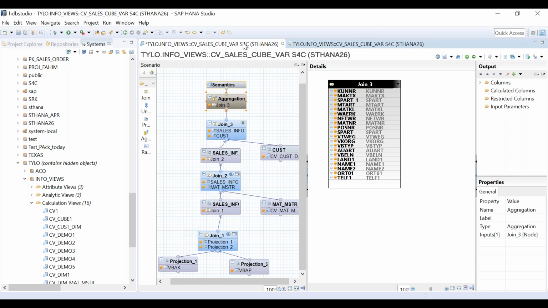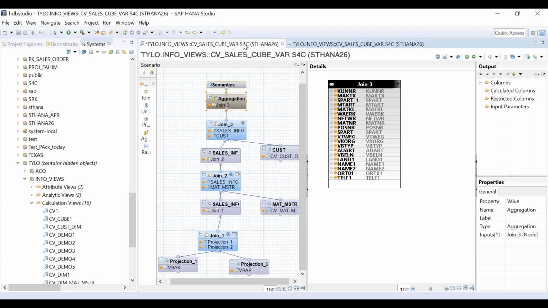The answer is right, that you have given input parameter as an answer. That is right, but why? The answer should be that with the use of input parameter, you can filter right at the bottom of the node where the data is originating, whereas in the variable, the filter is only happening right at the end.